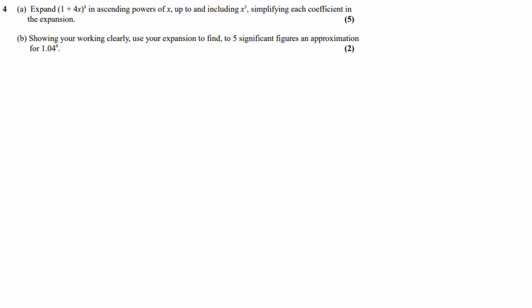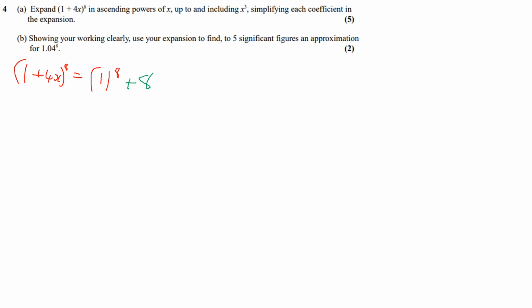Expand (1 + 4x)^8 in ascending powers of x up to and including x cubed, simplifying each coefficient. It's quite a large expansion, but let's see what we can do. (1 + 4x)^8 is just going to be 1 to the 8, and then so I don't have to keep switching colors, this is going to be